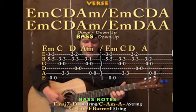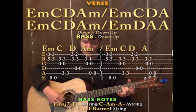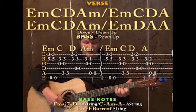And then we almost start that over again with that E minor idea again, and then our C idea again, and then the D idea again, and then the A7 idea. Then we go back to our E minor, and then our C, and our D,